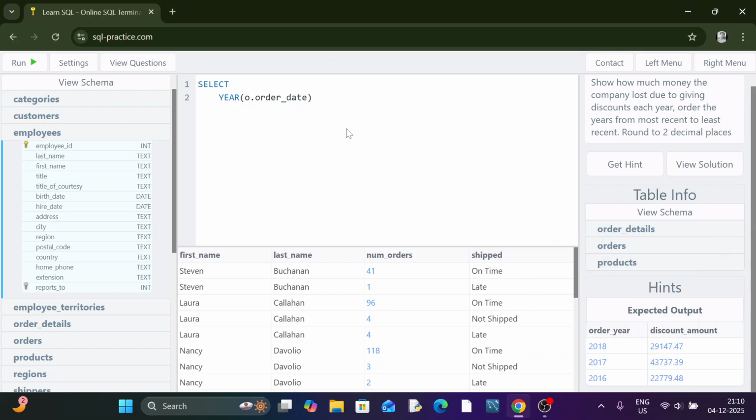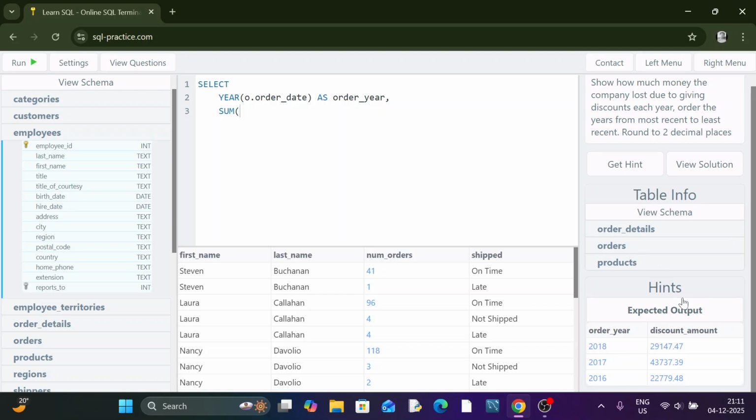O dot order date as order year. Name is given, order year. Next is discount amount. So sum amount means sum of